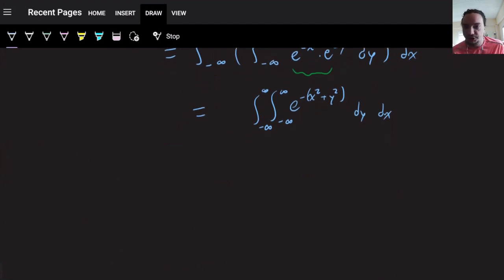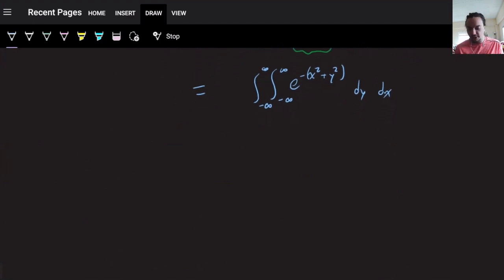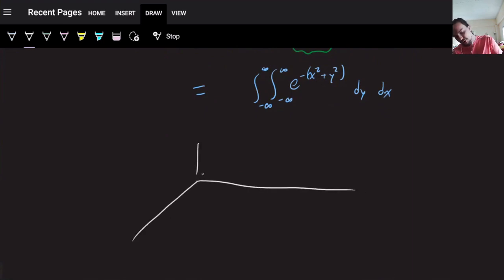Okay, and then what is that quantity? So if you know a little bit of multivariable calculus, or even if you don't, you might guess that this is going to be the volume underneath this function. So if I let this be called f of x y,